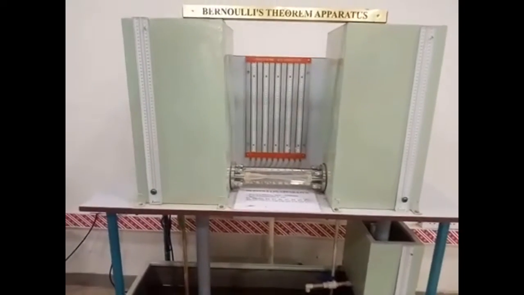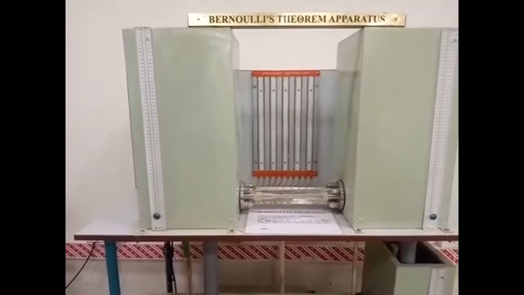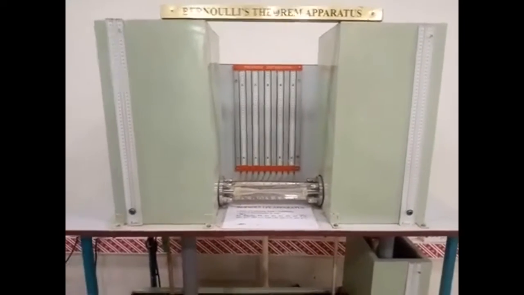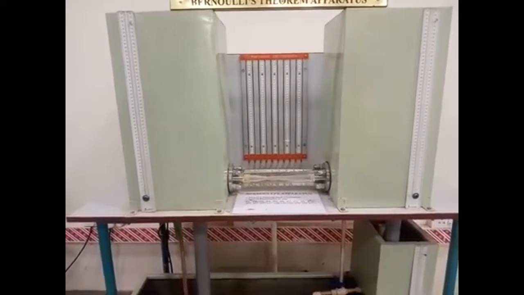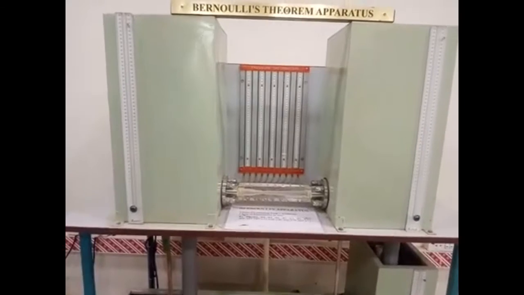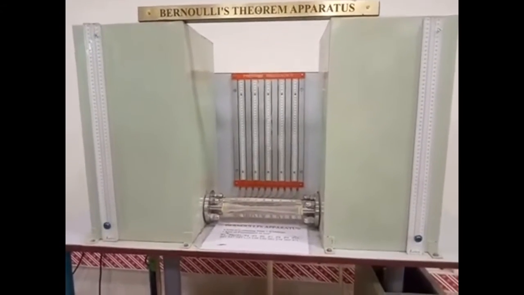So what are the learning objectives of this experiment? First, to understand the measurement of flow properties of fluids in pipes. Secondly, to realize the significance of Bernoulli's equation and its applications in civil engineering. And thirdly, to classify the various flows and deduce the total energy line, hydraulic gradient line and datum line for pipe flow.